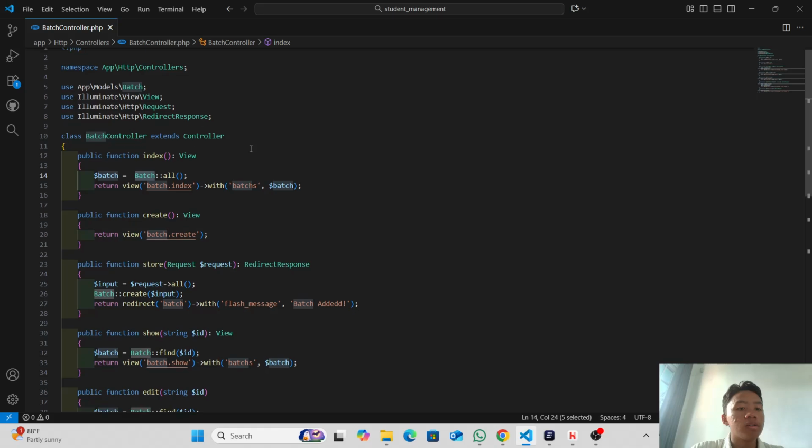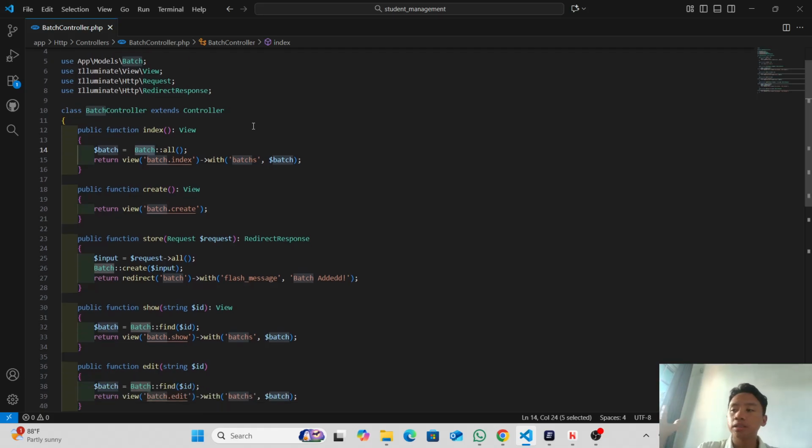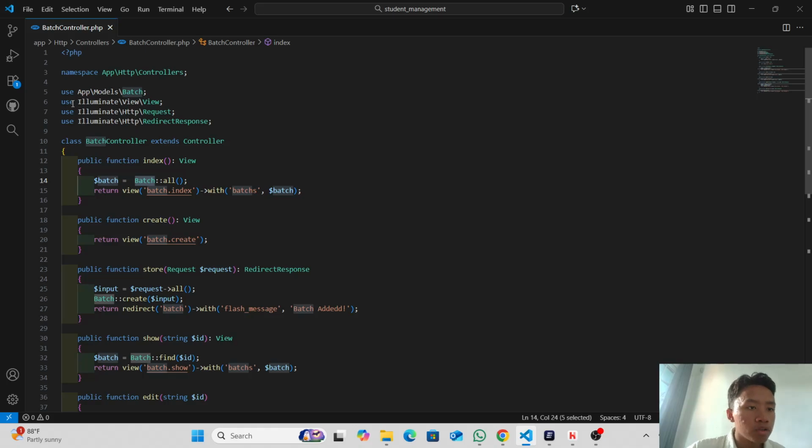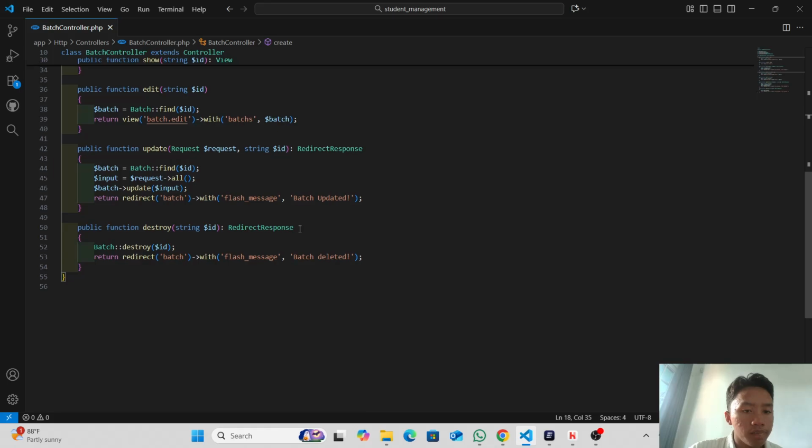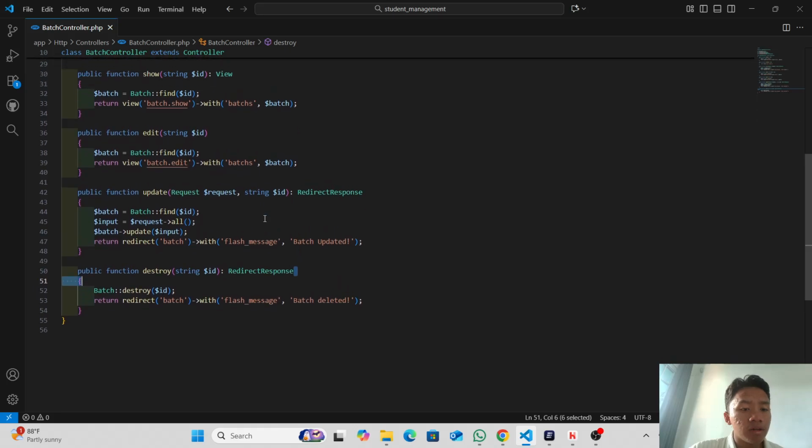You can copy the controller from course or student and change these things. Don't forget to import all the models and the response view.